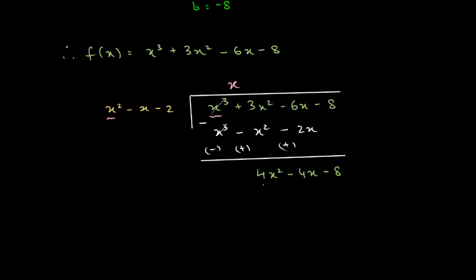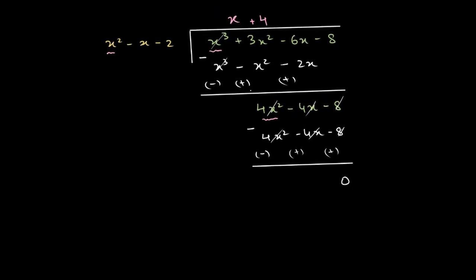Again, dividing the highest powers, we have 4x squared divided by x squared, which is nothing but plus 4. Now multiplying the quotient with the divisor, 4 into x squared is plus 4x squared, 4 into minus x is minus 4x, and 4 into minus 2 is minus 8. Subtracting the two expressions, plus 4x squared minus 4x squared cancels, minus 4x plus 4x cancels, minus 8 plus 8 also cancels. So the remainder is 0, as expected. We can actually divide a cubic polynomial by a quadratic directly if we like, and it simplifies our job. So therefore I can finally say x cubed plus 3x squared minus 6x minus 8 is equal to